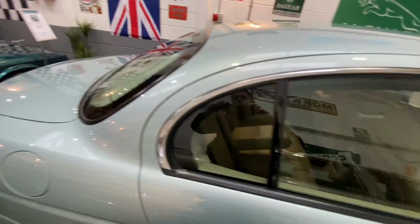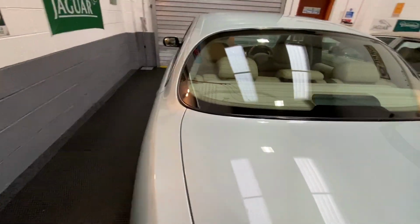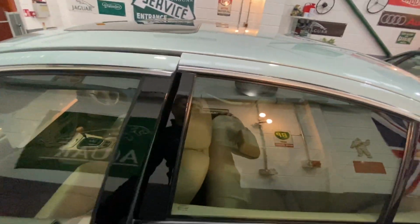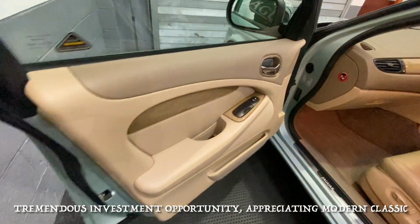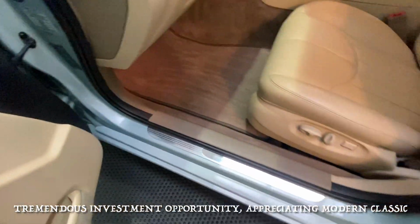Right, let's just have a quick walk around the other side. But yeah, we're really, really privileged to still be able to find cars like this and to sell them, because it's just absolutely exceptional. Whoever buys this car is going to get the bargain of a lifetime,